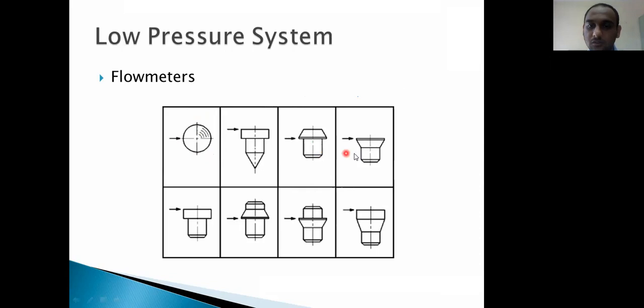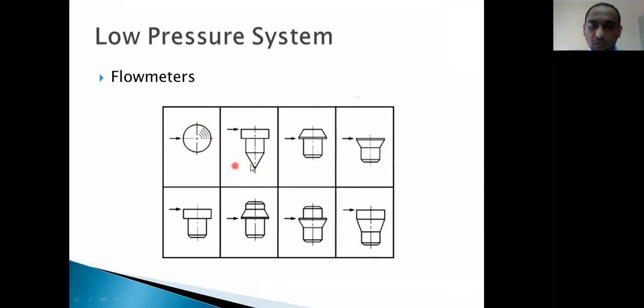So these are the various types of flow meter bobbins. Bobbins are the part of flow meters that float inside the flow meter, and they help you identify exactly how much is the flow. So if there is a ball type of bobbin, then it is to be read at the center of the ball. If it is a tapered kind, then it is to be read at the top. So for these various types of flow meters, the instructions are provided in the manuals as to where exactly you are supposed to read the value of the flow meter.